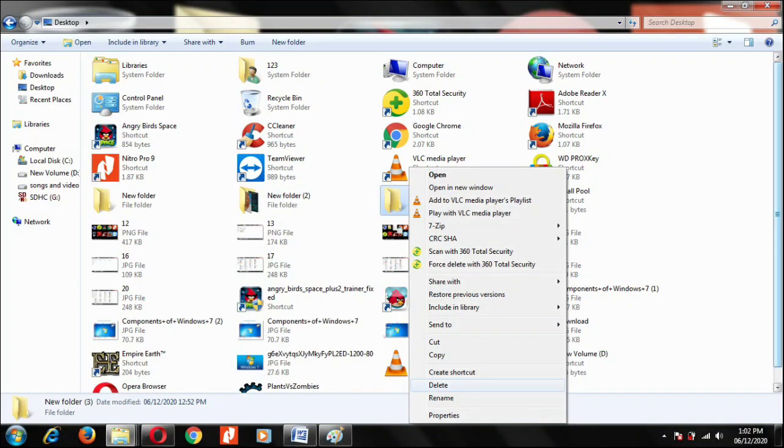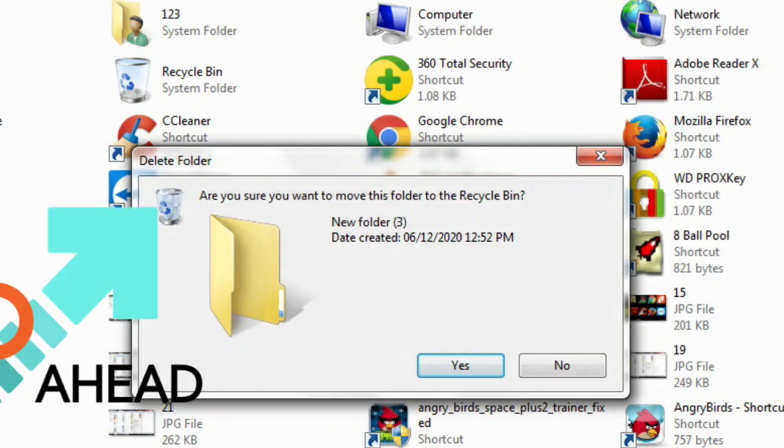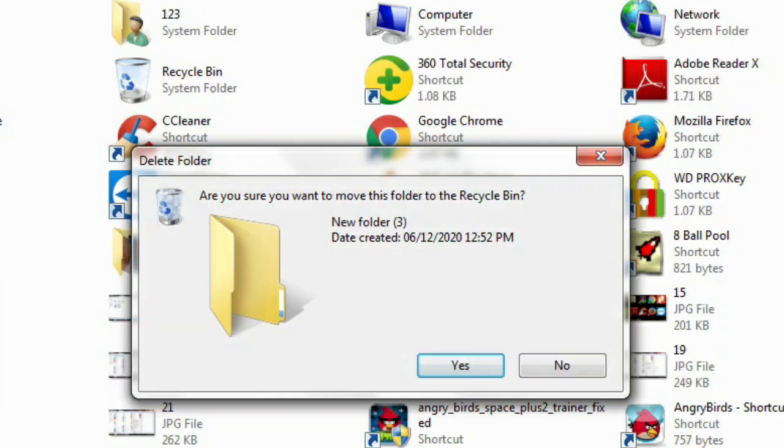Now we have studied how to create a folder and rename a folder. If you have created a folder, you must know how to delete it too. So before doing anything, we have to select the folder, right click on the folder, then you will get the option Delete. So click on Delete. When we click Delete, Windows will ask, are you sure you want to move this folder to the Recycle Bin? If you do want to delete, you can give yes, or else you can give no.